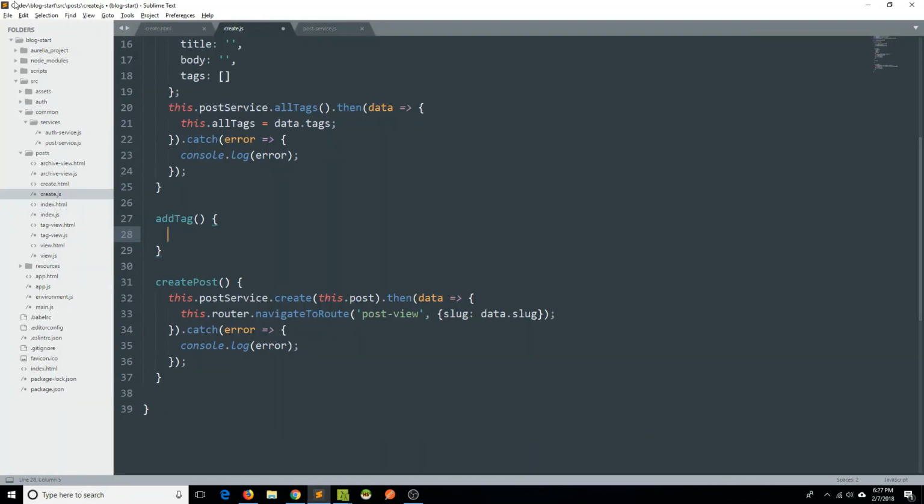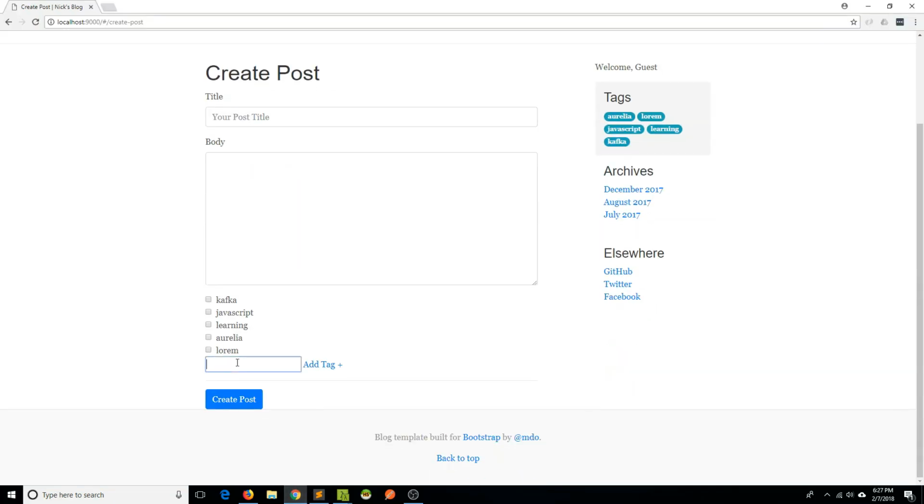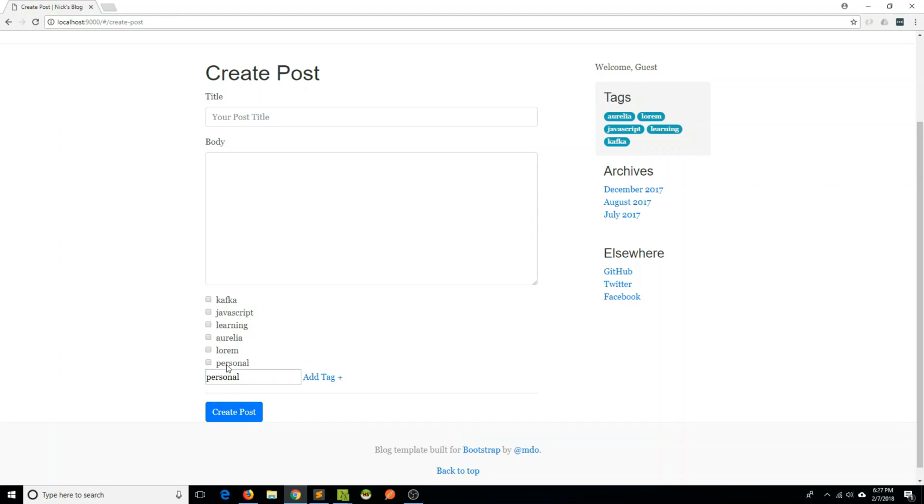So the first thing we'll want to do is add it to all tags. So I can say this.allTags.push, and we bound the value to this.newTag. So that'll add it to the all tags array, and I can show you that in the browser now. So maybe we'll call the next tag personal, add tag. Well, there we go. It appeared right away because it is now within the array that's being repeated to display